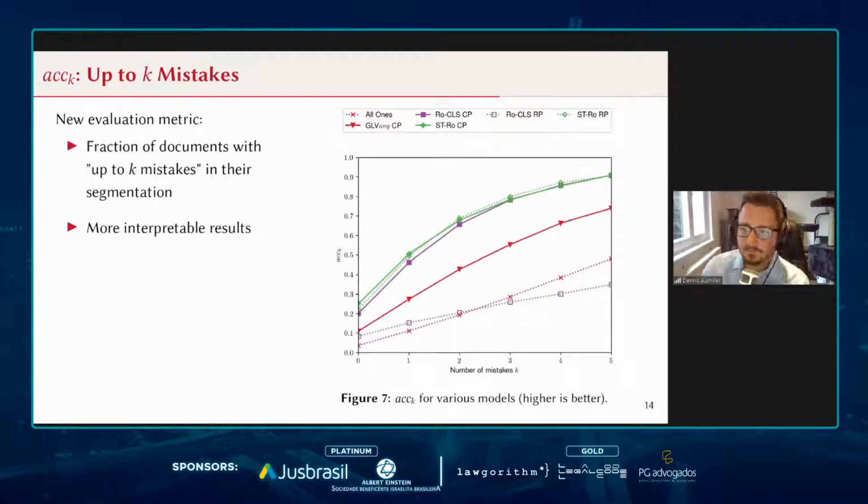But more importantly, it also allows us to give a generally more interpretable result, because even here we can see that the best performing baseline method, the average GloVe with consecutive paragraph training, is still significantly worse than the transformer models that we see here, with the one exception, again, being the very unstable RoBERTa CLS random paragraph sampling model that performs even worse than that.